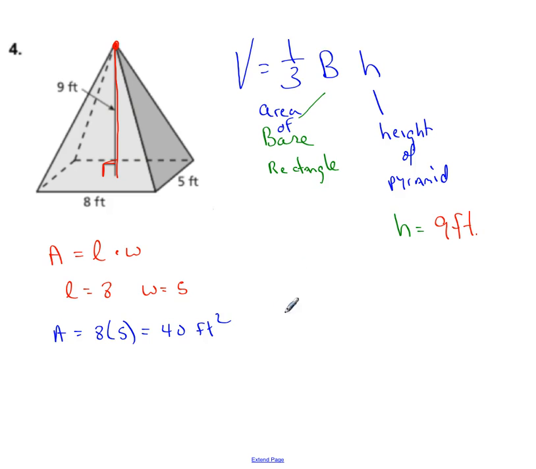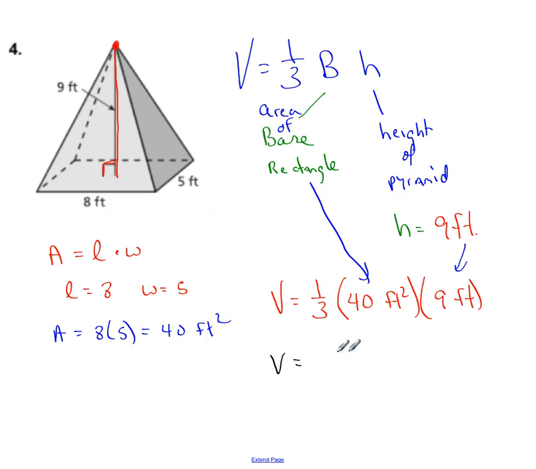So back to my formula. Volume equals 1/3 times, I'm going to include my units on this one, 40 feet squared times 9 feet. So again, the base is the area, the height is what makes it three-dimensional, the height of the prism. Multiply through, 1/3 times 40 times 9. It's multiplication, it doesn't matter which way you multiply. What's 1/3 times 9? 3. 3 times 40,